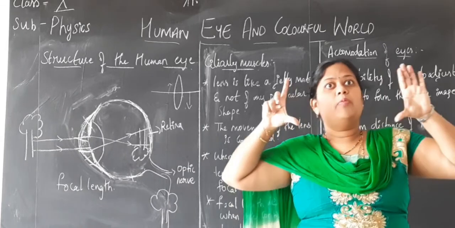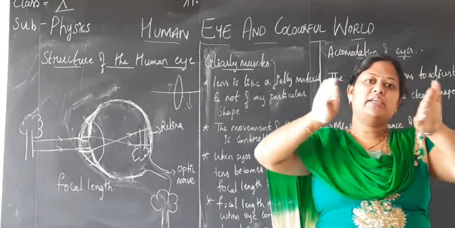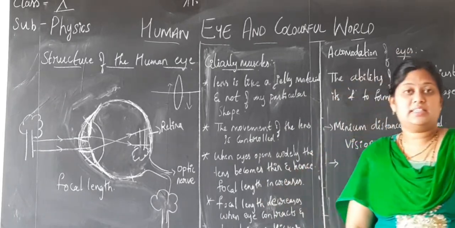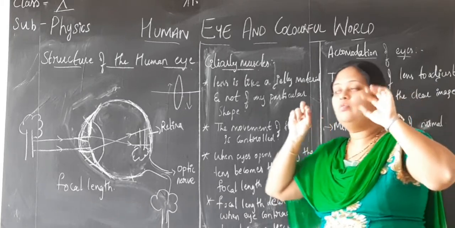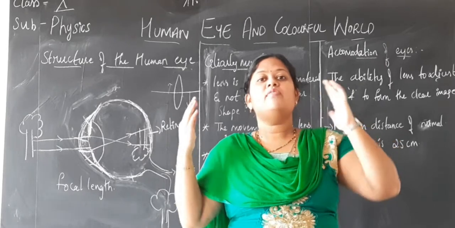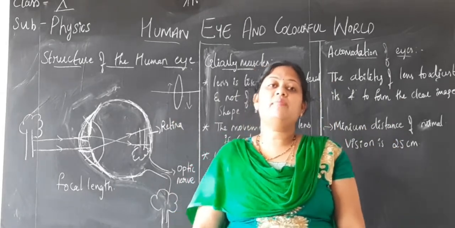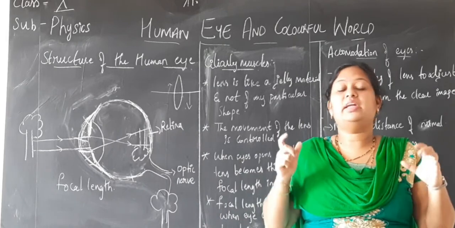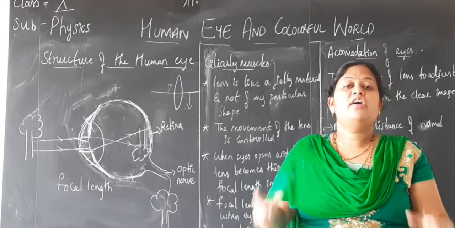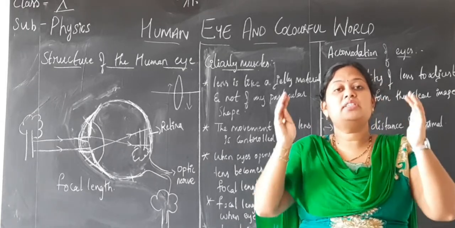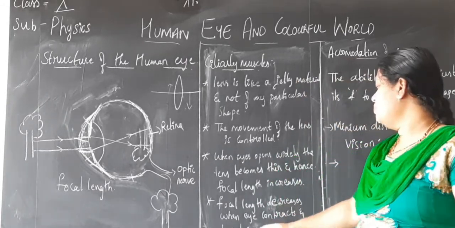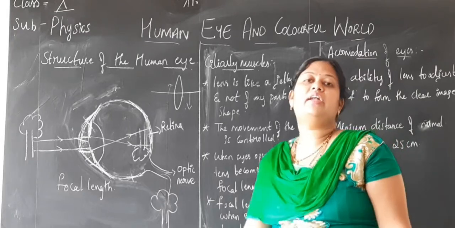When you are trying to open your eyes widely, the lens becomes expanded and thinner, and hence its focal length will increase. When you are watching a distant object, you will widely open the eyes, and hence the focal length of the lens increases. Whereas when you are trying to watch closer or nearby objects, you close your eyes, like when high intensity light falls, you close your eyes, and hence it contracts. When you are contracting the eyes, what happens? The thickness of the lens will increase. When the thickness increases, what will happen? The focal length will decrease.